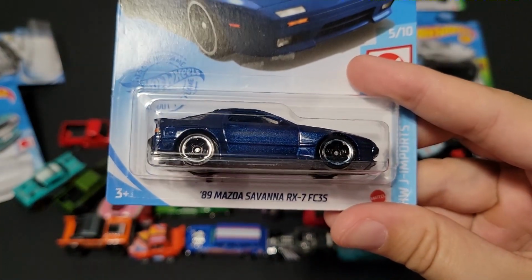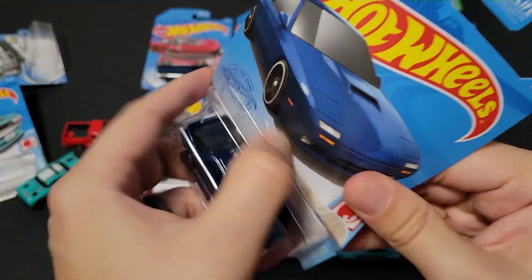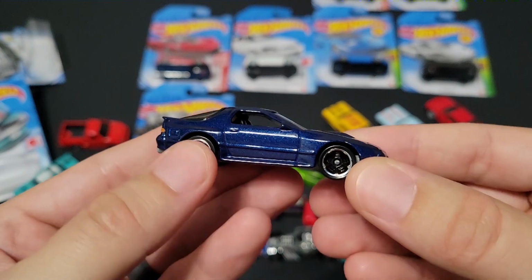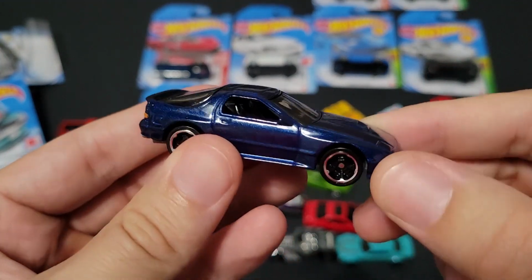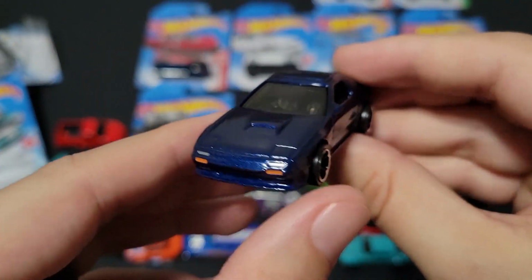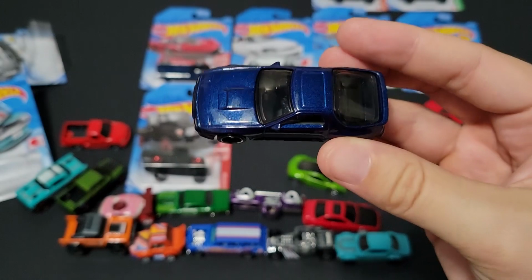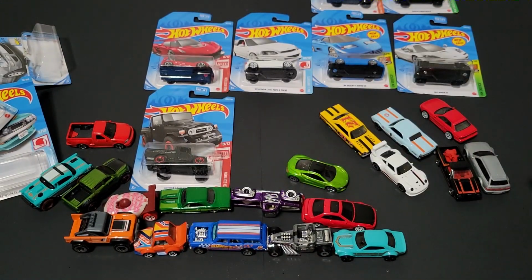89 Mazda Savanna RX7. This is probably one of my favorite RX7s. I really like this body style RX7. I don't know why. Growing up, there was a person in town who owned a white one with like a blue side skirt, and it was really cool. One of my favorite cars. That is a nice tampo. Yeah, this is an amazing color combination on this one. It's probably my favorite color combination. Looks an awful lot like a Porsche 944 when you're in the store trying to just swipe through the pegs,